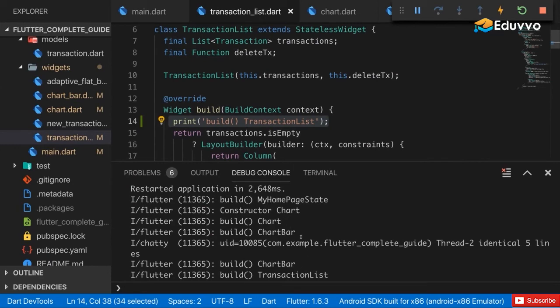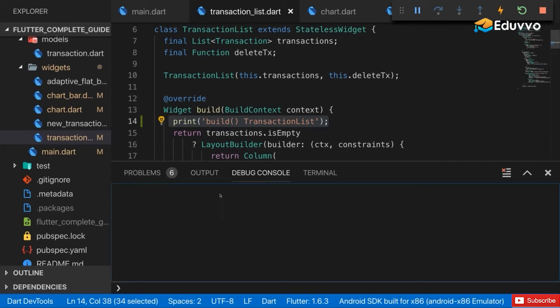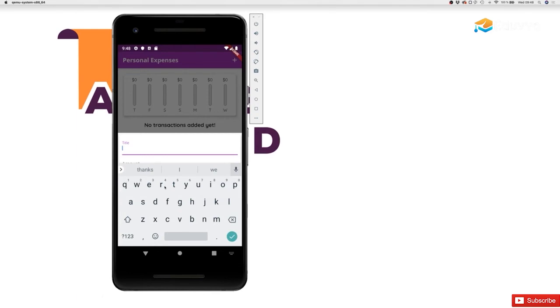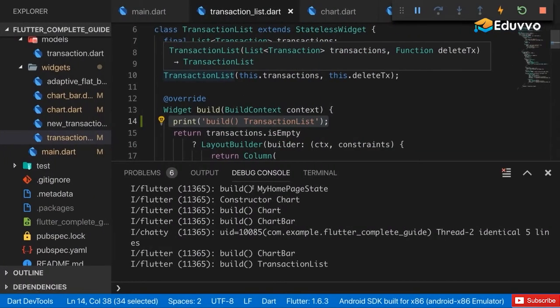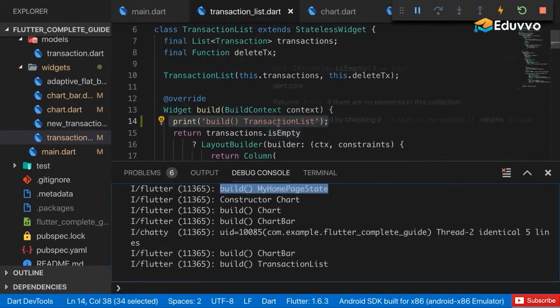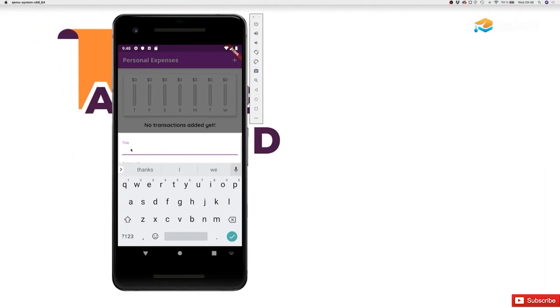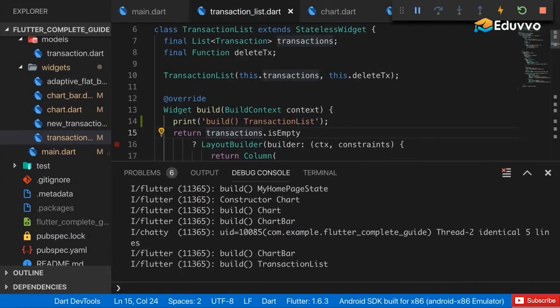Nothing rebuilds. Let me clear the debug log with this button so that we can see fresh messages easily. And now let me tab into title here. Without typing anything, you see that now my homepage state actually was rebuilt. On first look, that could be strange, because when you tap here into your input field, we certainly don't call